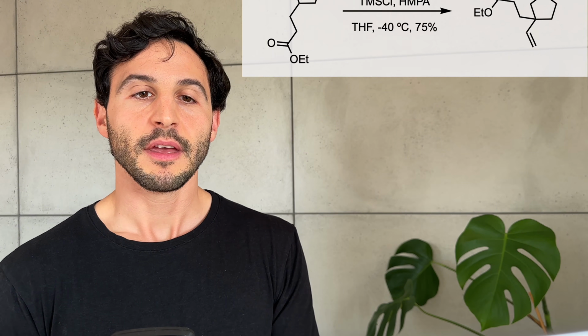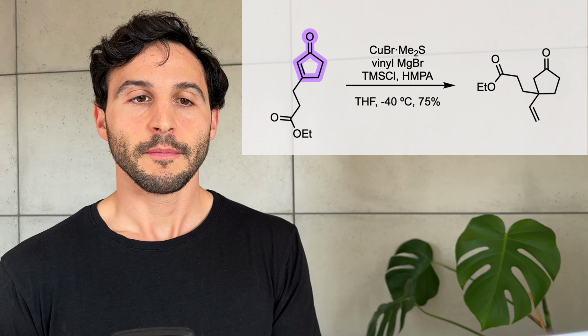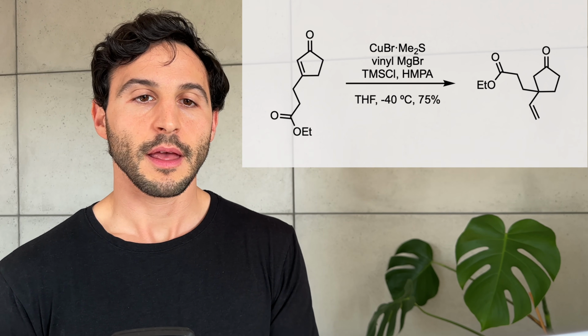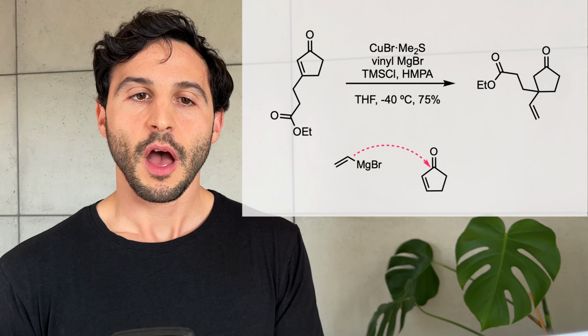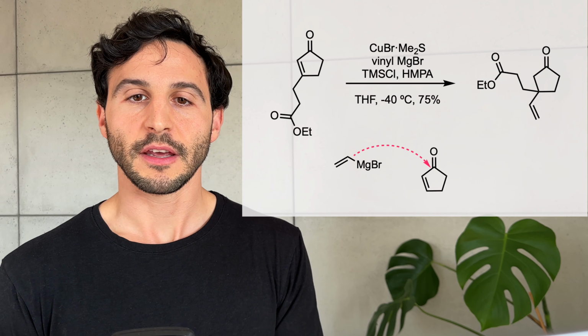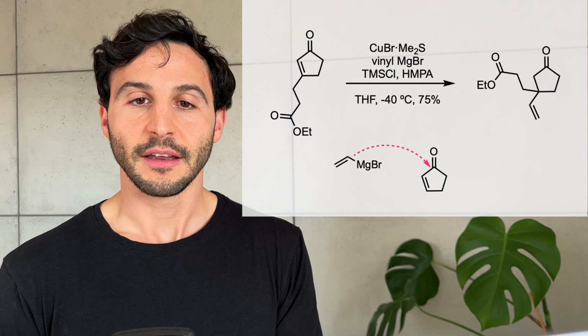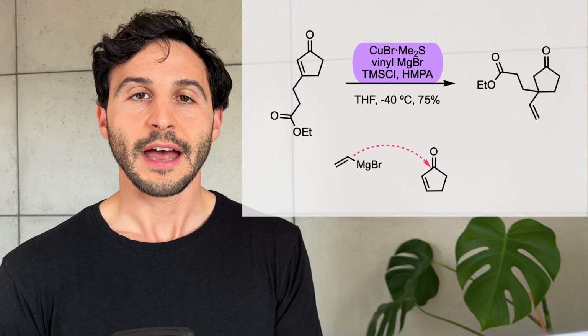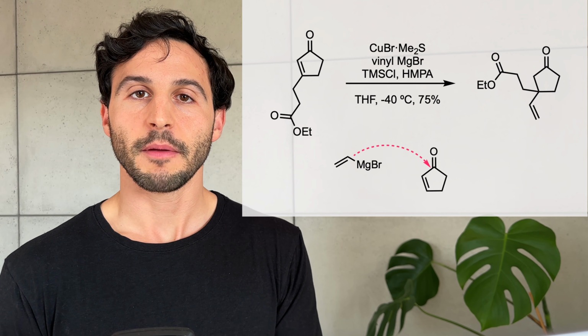The next step involves a 1,4 addition of a vinyl nucleophile to the beta-substituted enone. As expected, when vinyl magnesium bromide is used, only the 1,2 addition product is observed. However, when the Grignard reagent is added to all these reagents at -40 C, the desired ketone is obtained in 75%